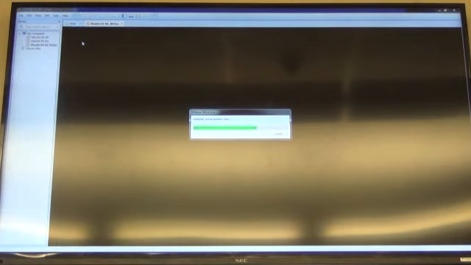Oh, that's loading. I wrote it out. Oh, you did? Very good.